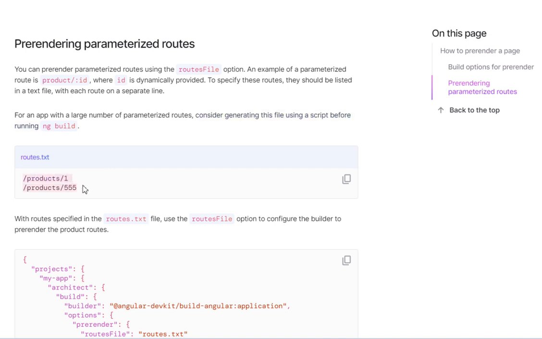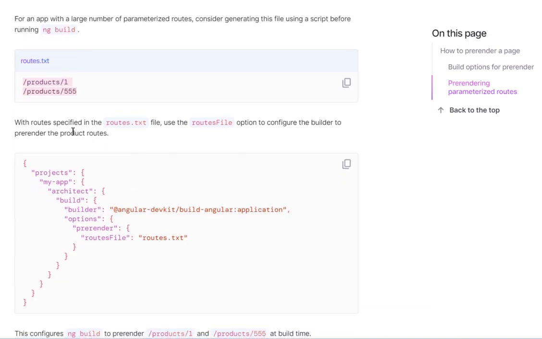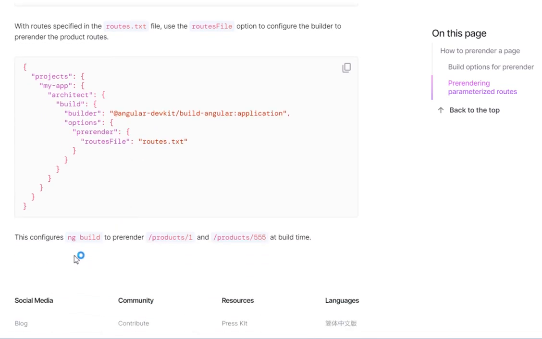These are the parameterized URLs, product/IDs, which routes are specified in the routes text file. Use the routesFile option to configure the builder to pre-render the product route. See here in the build, we have the builders and options. In the options we have the prerender, and in the prerender we have the routesFile, routes.txt. To configure